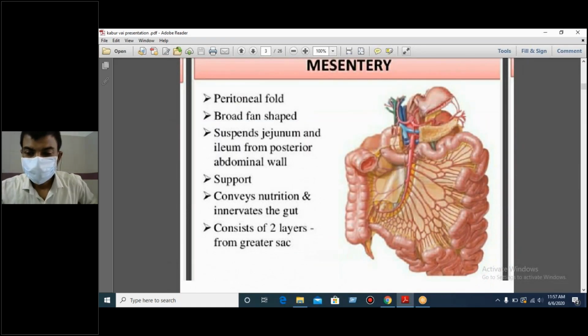Yes, sir. Today our topic is item number 5, the mesentery, mesenteric vessels, jejunum and ileum. Actually, for the exam preparation, there is no more to learn. The two or three important questions: written, viva, and practical.